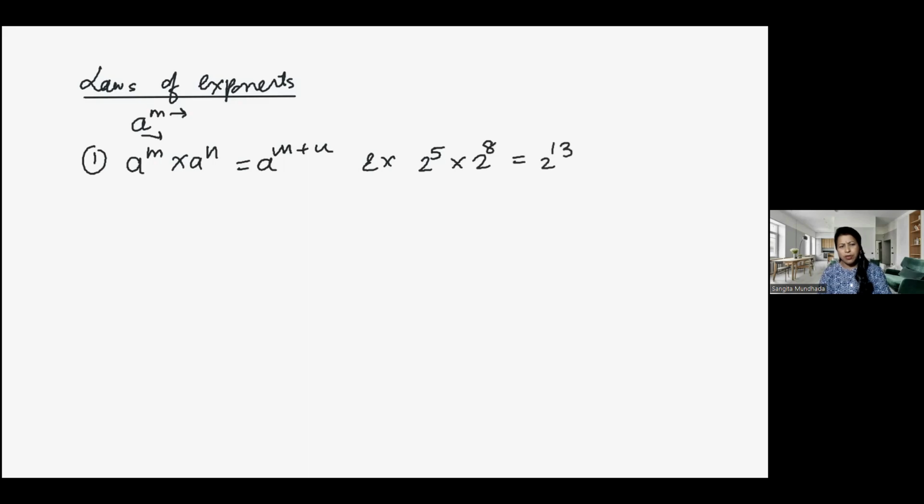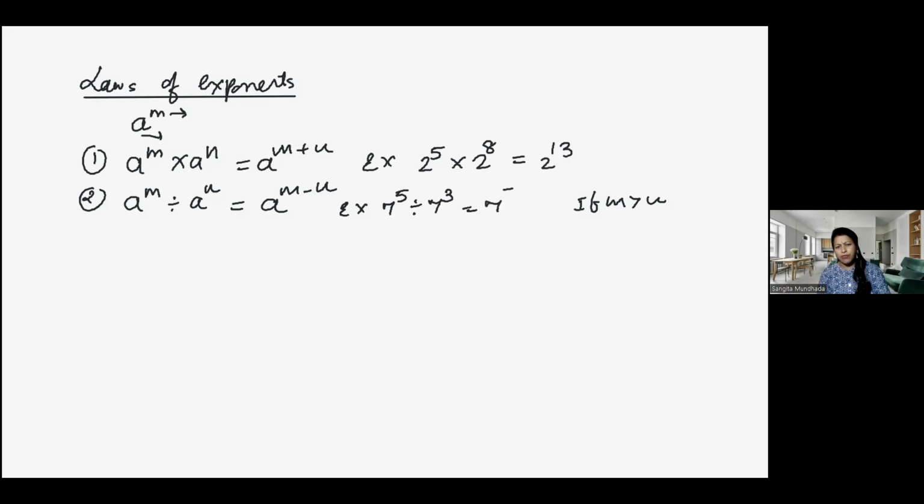we can write 2 raised to power 13. Law number 2: if the base is the same and the power is different and in between them there is a division sign, then we can write a^(m-n). Base same, power different and division sign, then we will do the subtraction. But what is the condition? The condition is that m is greater than n. Then we write a^(m-n). For example, 7^5 divided by 7^3,